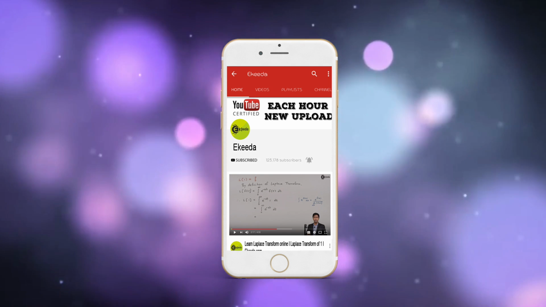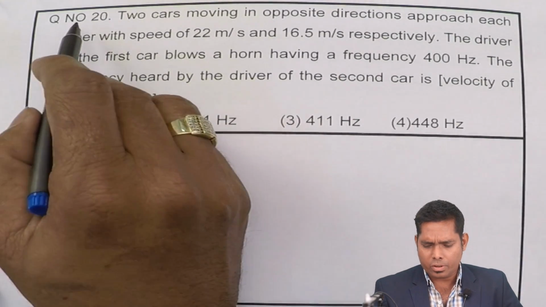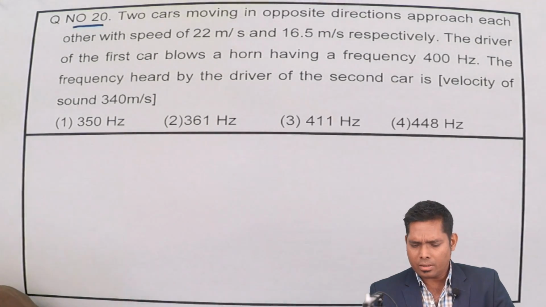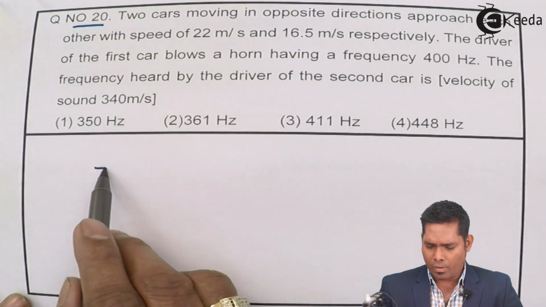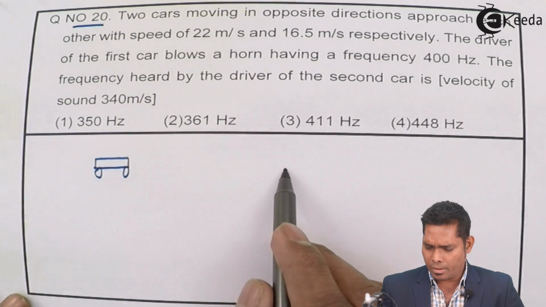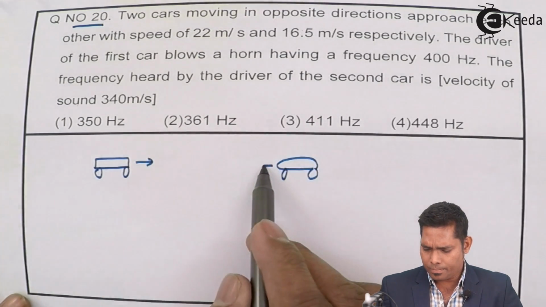Hello students, let us solve the next question, question number 20 of NEET physics paper 2017. It says two cars moving in opposite directions. There's one car here, another car here, moving in opposite directions,